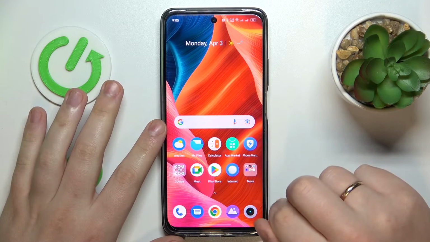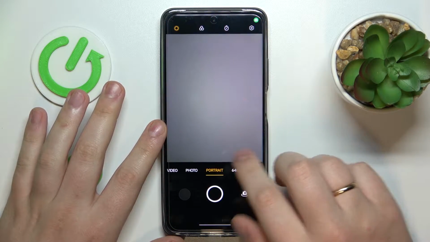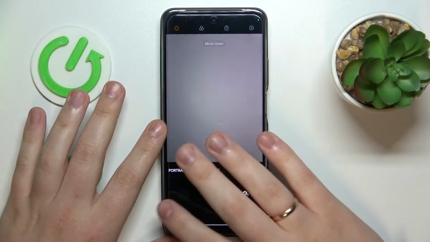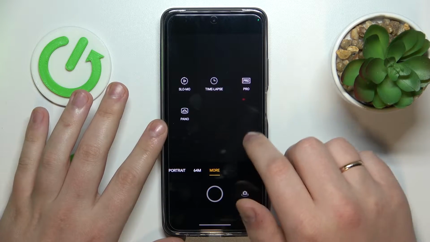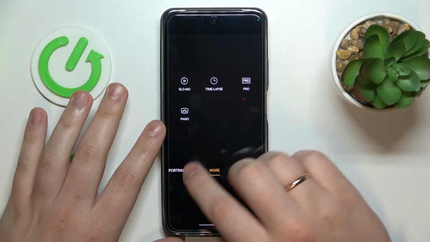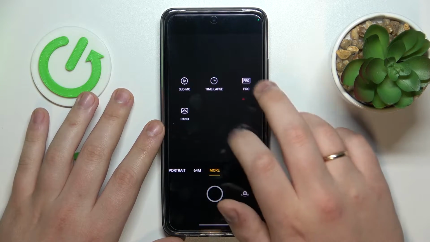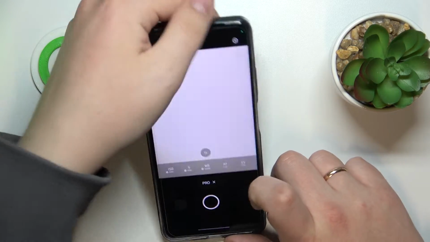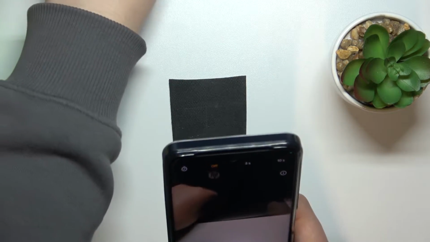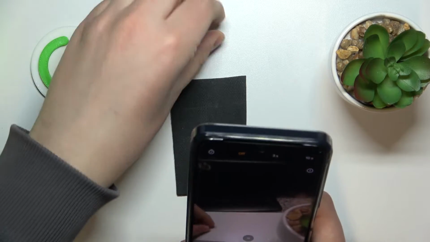So first step is to obviously launch the camera itself, then scroll the list of available modes over here to the More section, and among the additional modes that are not included into the list of regular modes, just tap at the Pro. And as you can see, in the Pro mode, you can manually change the values for such